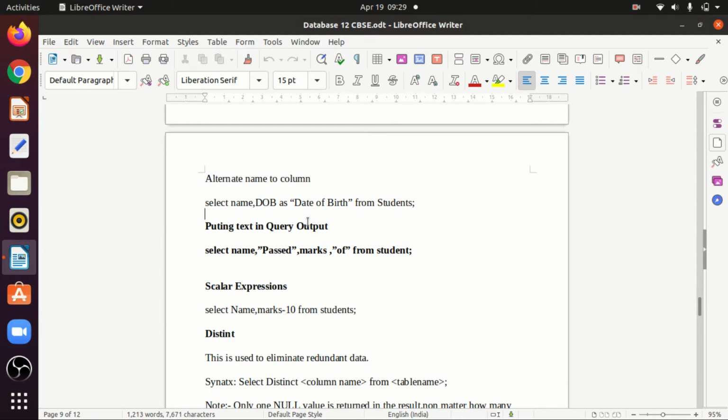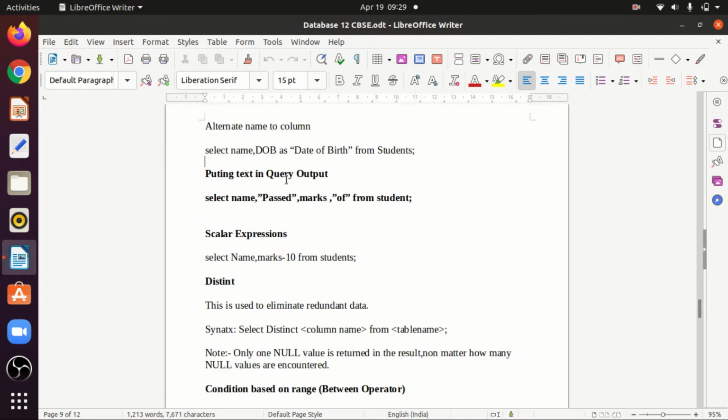Okay, so next is putting a text in a query output. Yeah, you can put a text in a query output.